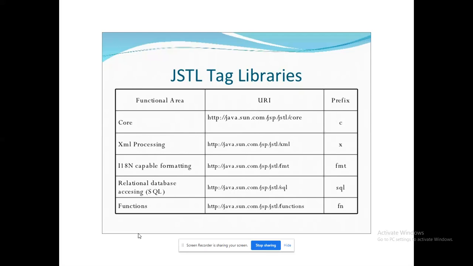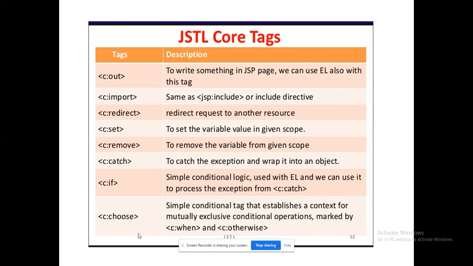I'll show you the list of tags, what they will be doing. Right, these are the core tags. That is the reason why before the tag it is prefixed with a C colon. Right, C colon. We know all these things. Some of them are implicit objects. So try, throw, catch, all the control structures, whatever I need, I could do that. Redirect, what we have seen in servlets, the same type of mechanism. These are some of the examples of the core tags that are available.